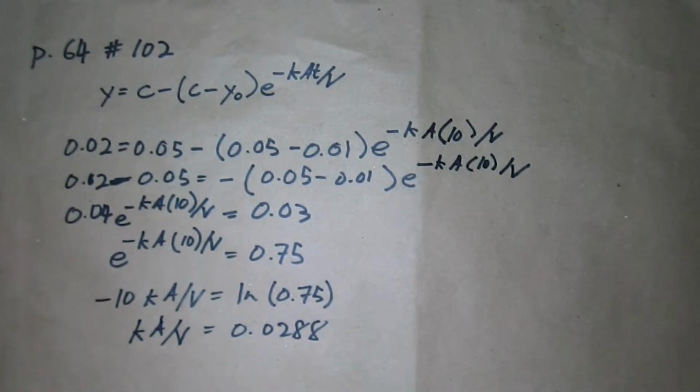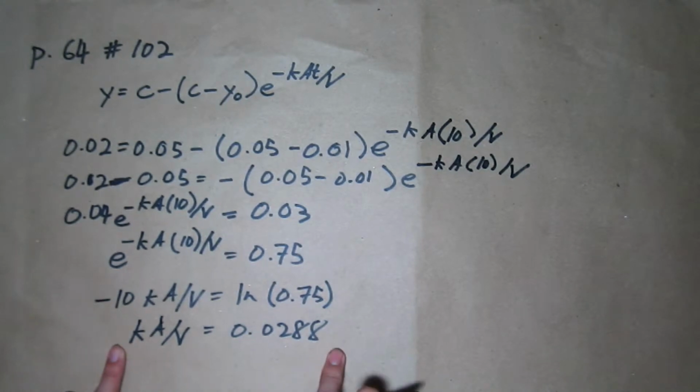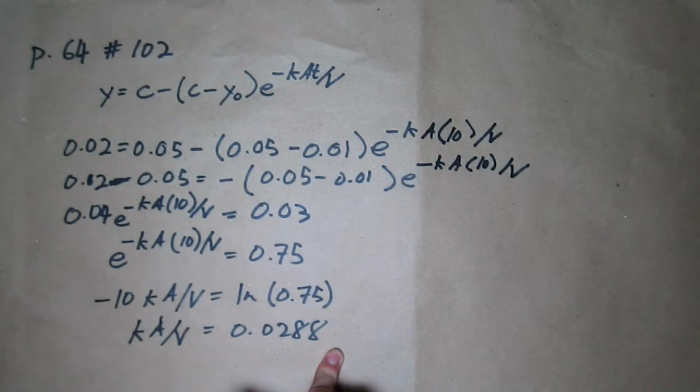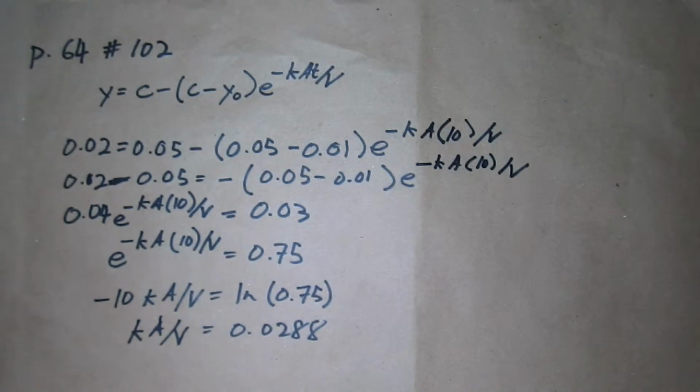0.0288. Since we don't have the given, it's not included in the given, what is the area and the volume, then we could just consider it also as constant. So using this, we can now solve for the time of how long will it take before the concentration in the cell is 0.03. So